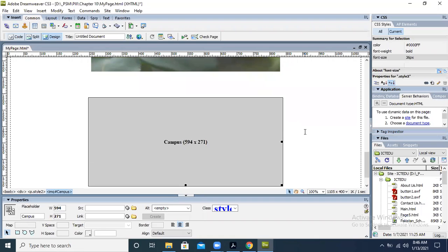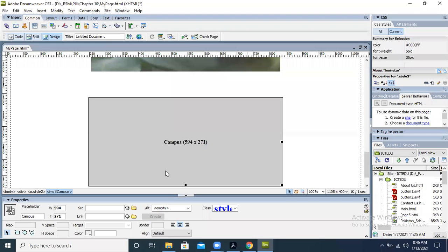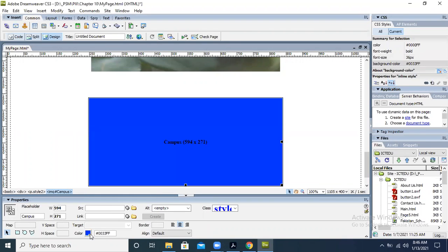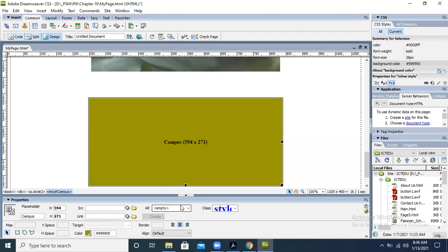Fine. Now when you will have the image, then you are going to insert it over here in this placeholder. So you can insert the placeholder, this dialog box will appear, and you choose which color you want to show. Just like over there, the default gray color was given. I did not make any change over there, but you can make the change if you want to change the color of the placeholder. This is basically the color of the image holder. Keep in mind, this is not the color of the image that we have inserted, so we are changing its color.